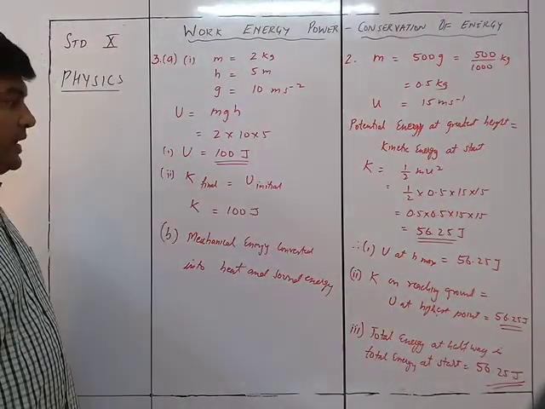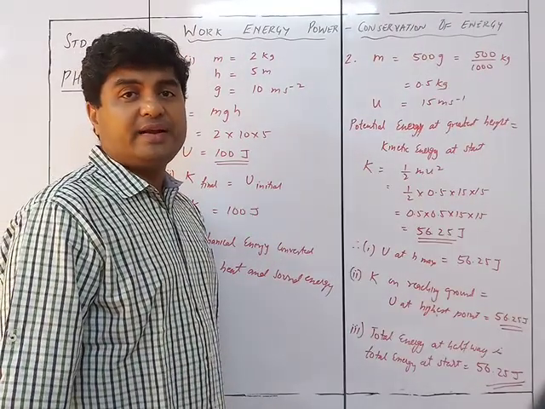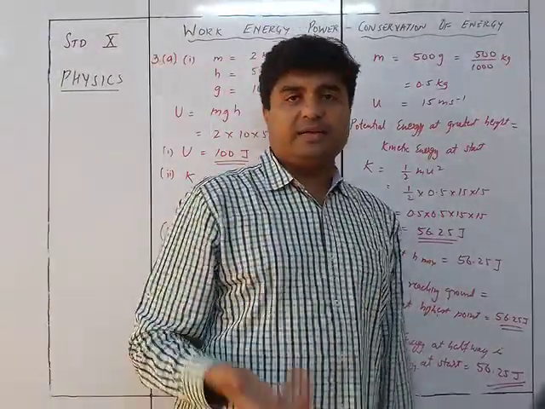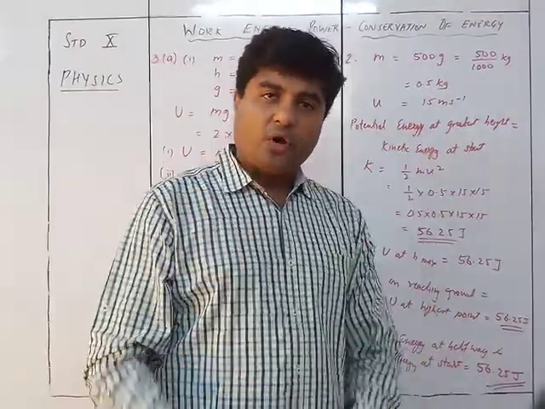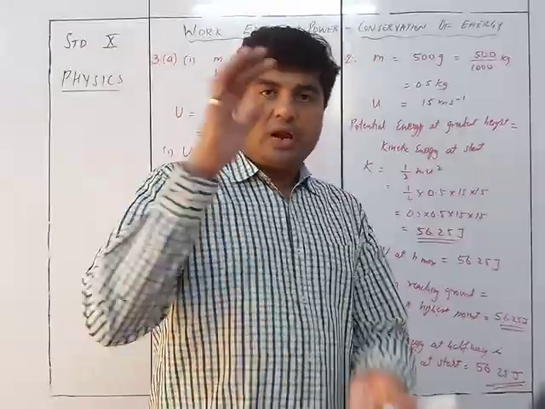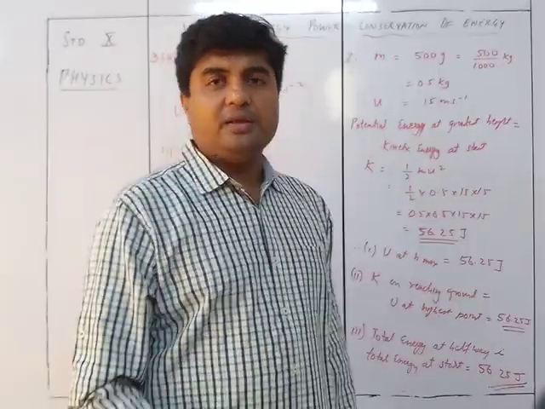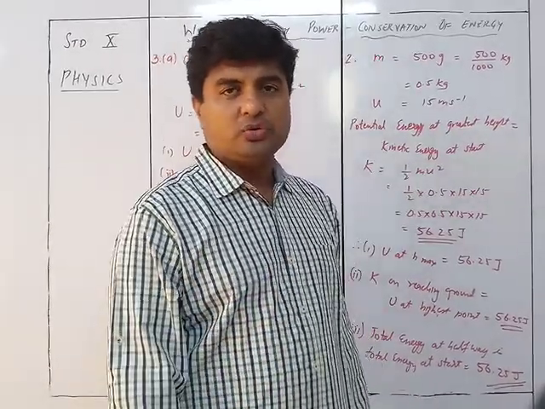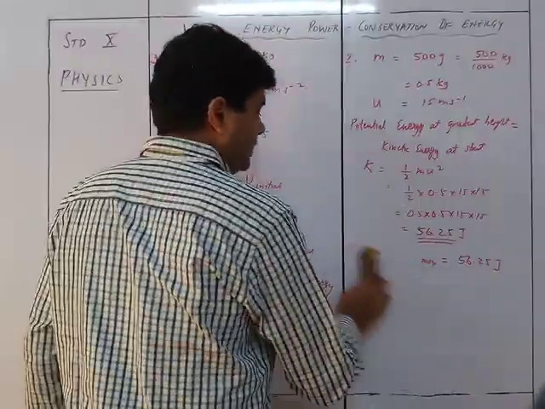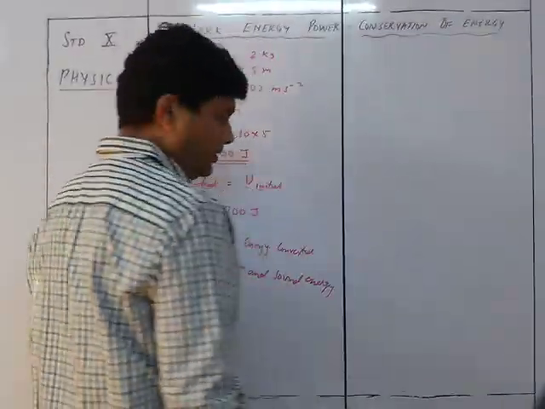Got it? So we have the mechanical energy is equal to now the heat and the sound energy, because we are given that it is coming back to rest. So if we had said that it is falling and it is bouncing back, then it's a different thing. But here it is saying that it is falling down and is coming to rest. So that means whatever is getting converted into it is the वो थड़ाम करके गिरेगा तो वो जो sound आया, that is nothing but the sound energy, and the ball is definitely going to get slightly heated up. So that will be the heat energy generated out of the mechanical energy. So next sum is sum number 4.